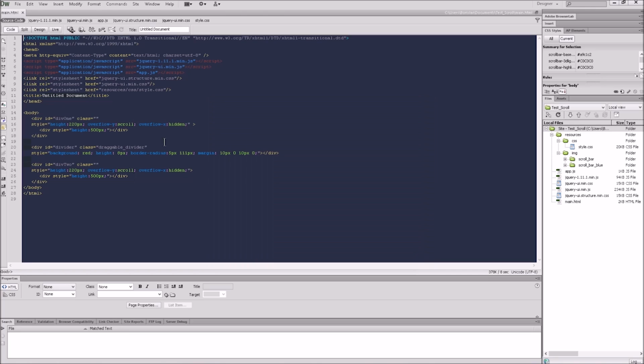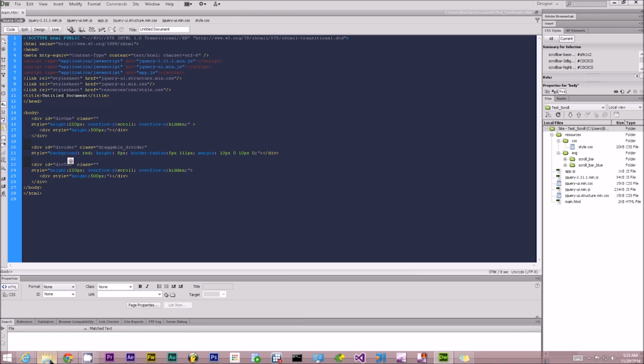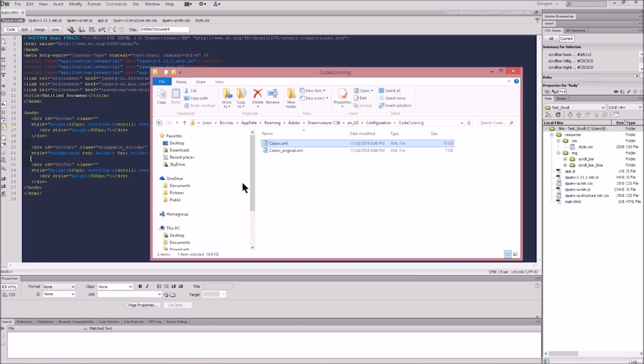We don't want black because that's going to contrast a little too much with everything else. And we want subdued gray. And you'll notice that the colors that will pop up here are not good looking. So we want to change those as well. A little bit of work on the front end, but I think it's worth it for better usability and a better experience. We want to navigate to users, your name, app data, roaming, Adobe, Dreamweaver, English, configuration, and then finally